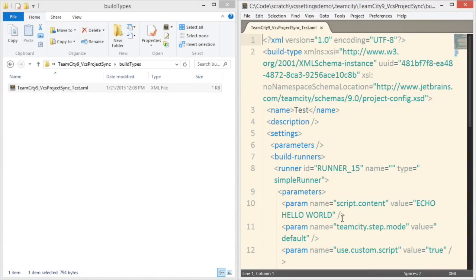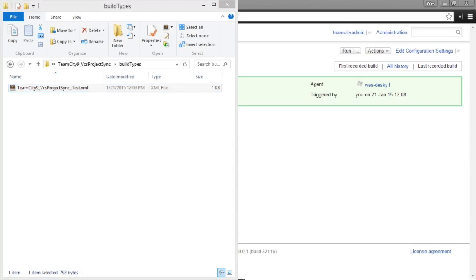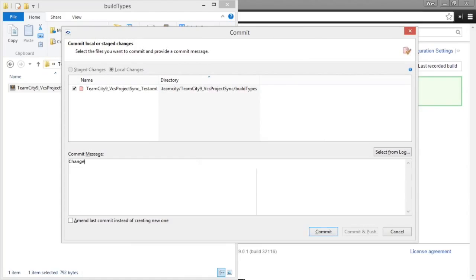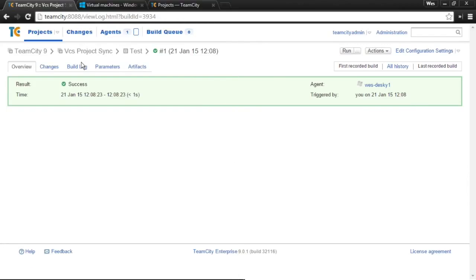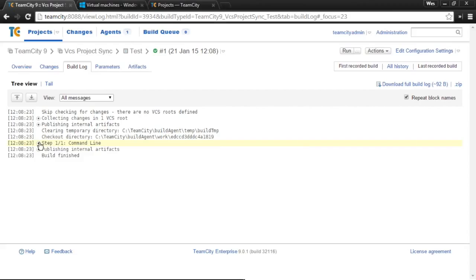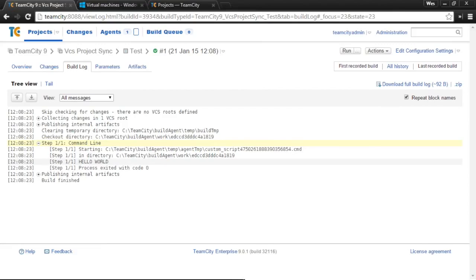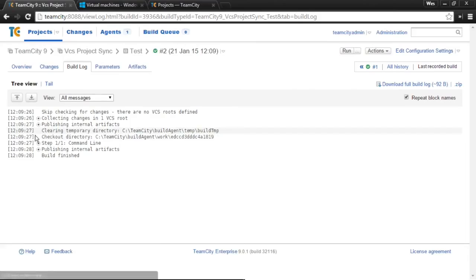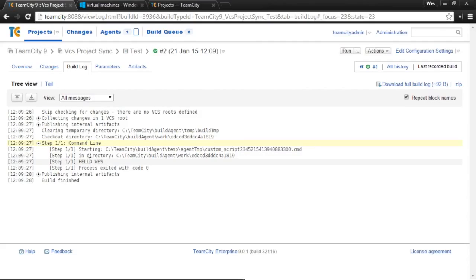pull this over here, you can see I could change this to say something else. Instead of echoing hello world, I could say hello Wes. I can save that. And then I can check that into version control as well and say change message to hello Wes, and I can commit that. And then we've got one run here with the old message, and there's hello world. If I run this again then, give that a second to run through, now we can see it says hello